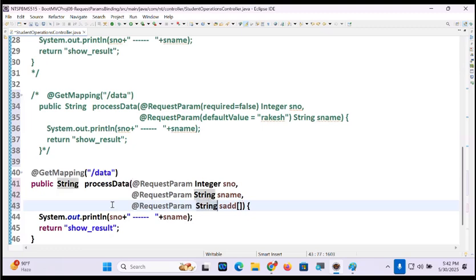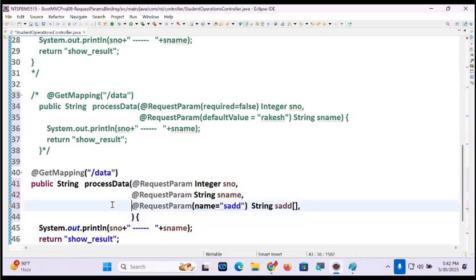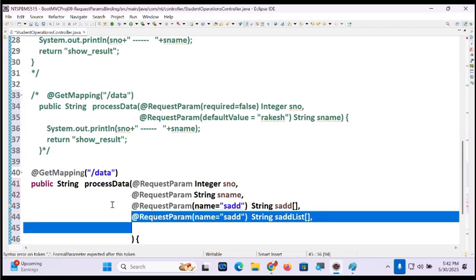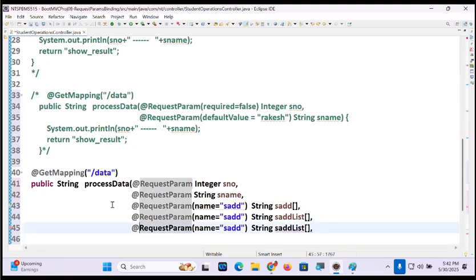Okay, here I am taking name is equal to SADD, comma, @RequestParam, tell me guys, SADD list, comma, @RequestParam, SADD set.